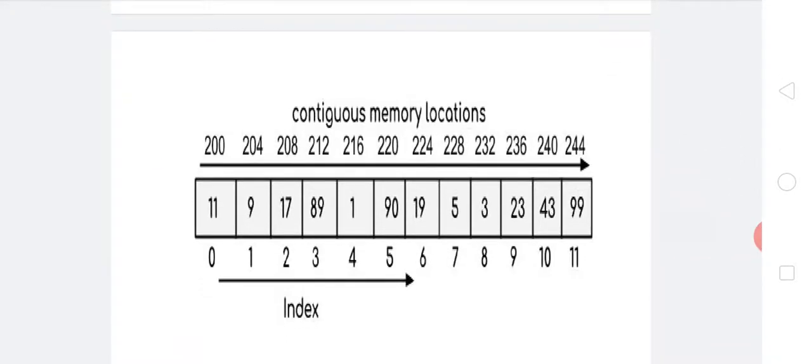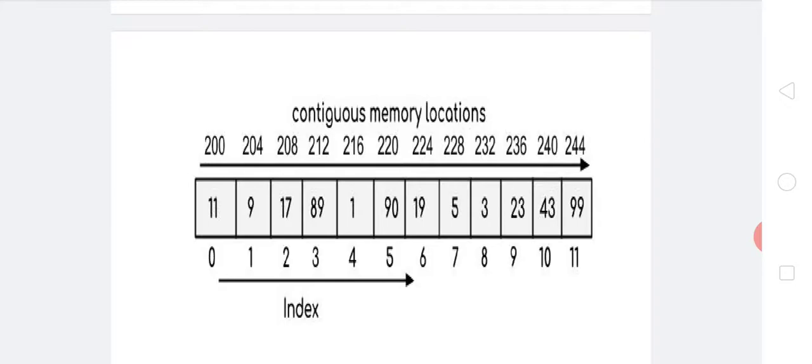Now see in the figure, which contains 12 elements which are going to be stored in contiguous memory locations. Indexing starts from 0, 1, 2 up to 11. The 0th index is called the lower bound and the highest index, 11, is called the upper bound. Now see in the figure, 200 is the memory address of location 0.